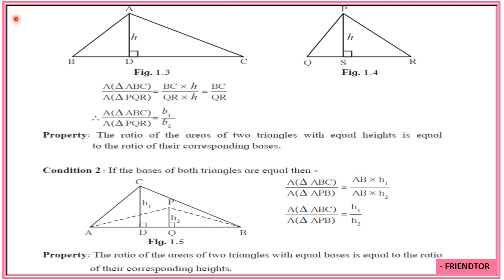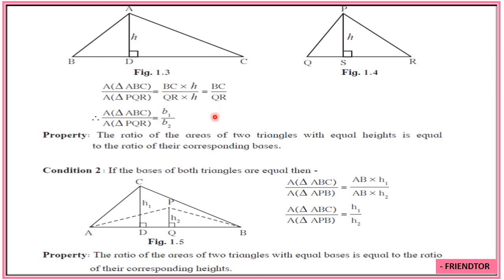So here if you see, area of triangle ABC upon area of triangle PQR is base into height upon base QR into height H, and the half already got cancelled, right? That we are not mentioning here, since from the previous property we know that the ratios are similar to the ratio of the product of base and height, so we are avoiding that half here. Now here H is the same, correct, so this also will get cancelled, so only BC and QR will be left.